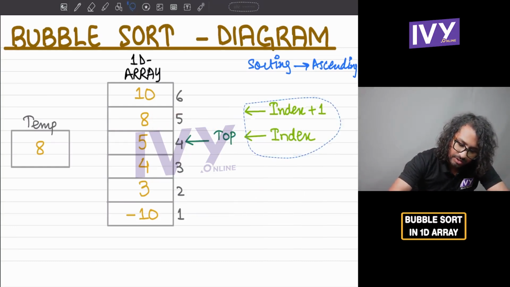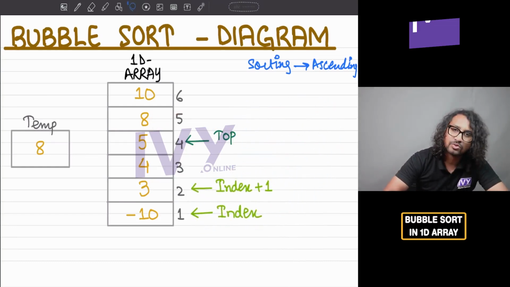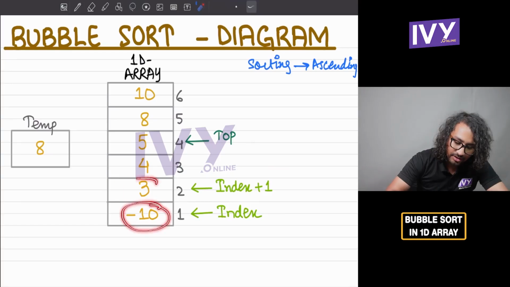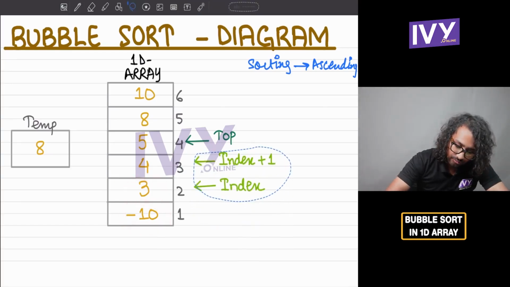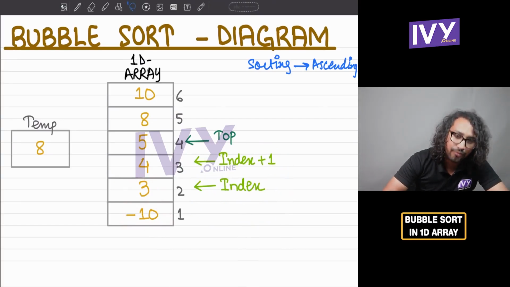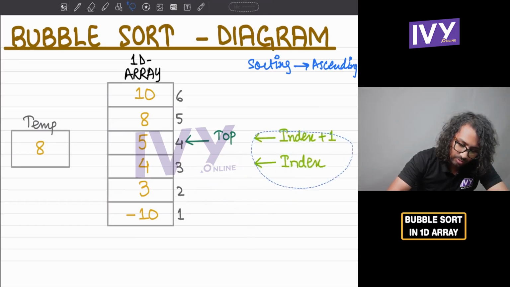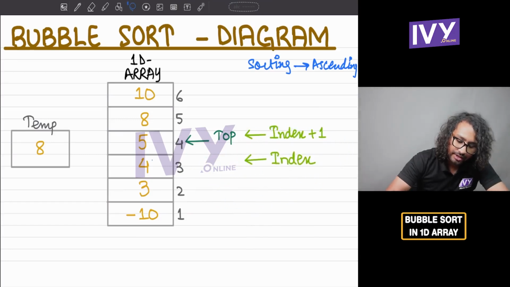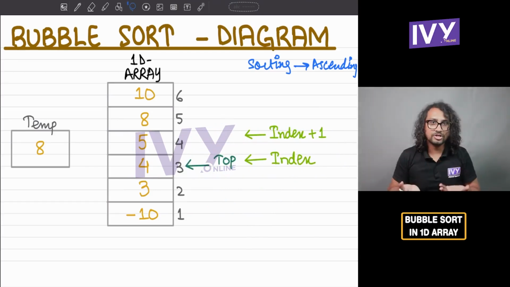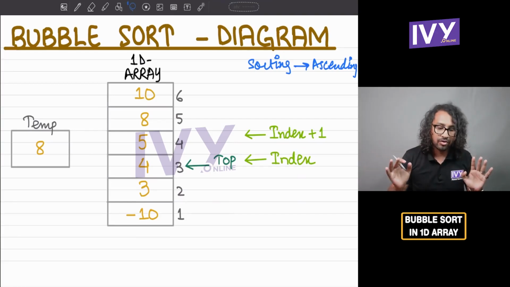Now we will reset index and move to index plus 1. Is negative 10 greater than 3? No. So we are going to move forward. Is 3 greater than 4? No. So we are going to move a bit on top. Is 4 greater than 5? No. So top is going to come down, and because there was no swapping involved,